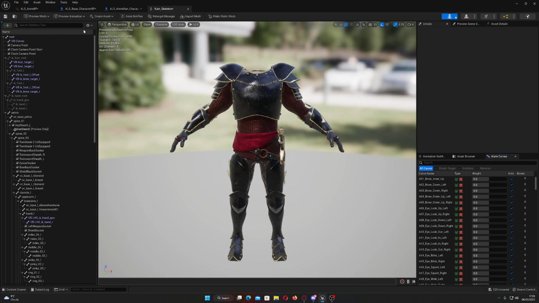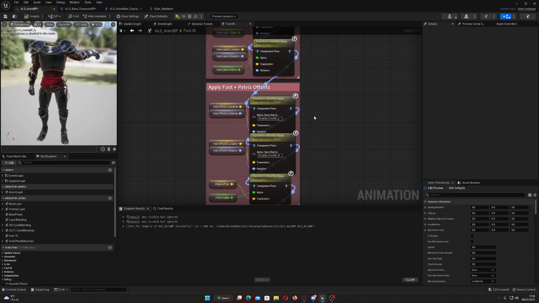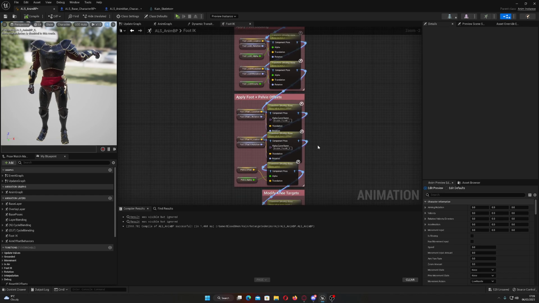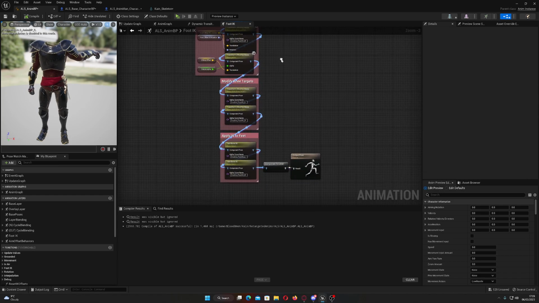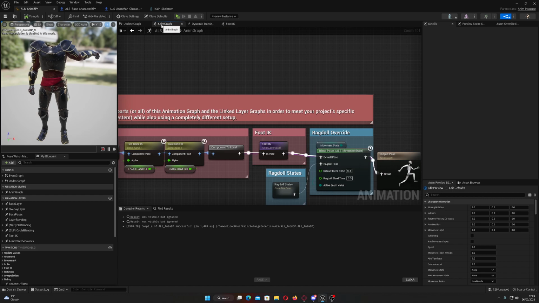So if you go through some of them, make sure the spelling's right and it's all spelled the proper way. That could get it all working back to normal, the way it's intended to. But what I like to do is use a different IK system anyway